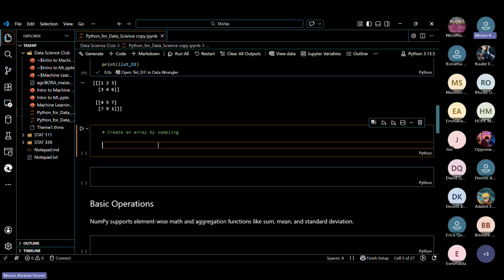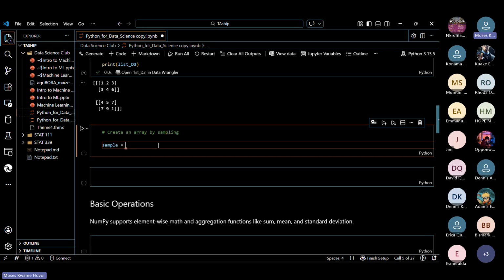I want to sample 20 numbers randomly. How do we do that in Python? I'm first going to give a name to what I'm going to do: sampling 20 numbers from a set of numbers from 1 to 100.